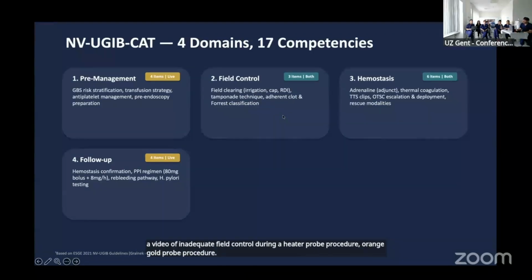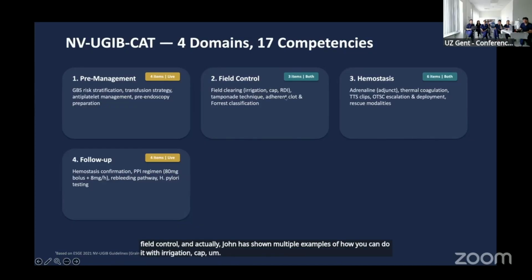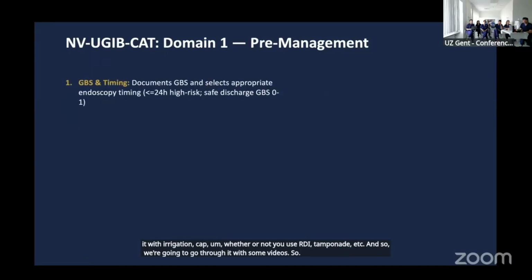We have shown here a demonstration of how you can achieve field control, and actually John has showed multiple examples of how you can do it with irrigation, cap, whether or not you use RDI, tamponade, etc. And so we're going to go through it with some videos. So I'm going to go through the CAT in more detail than we did before and talk about what's good and what's bad. So I said we want to focus on this, but I do think for completeness we should